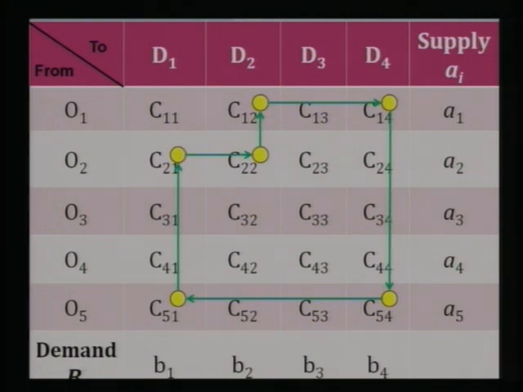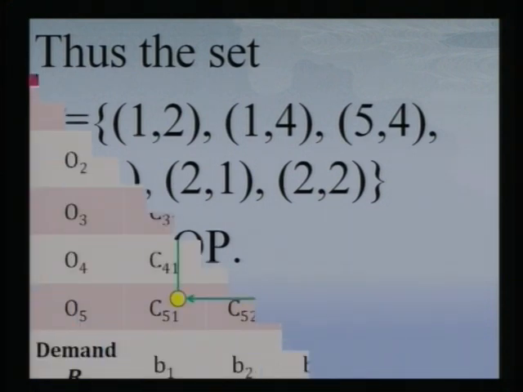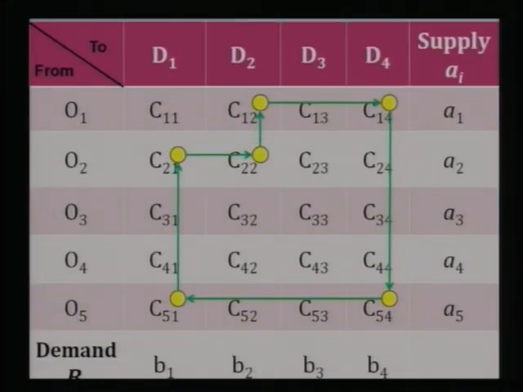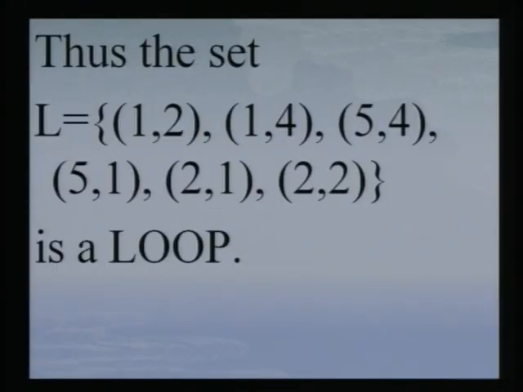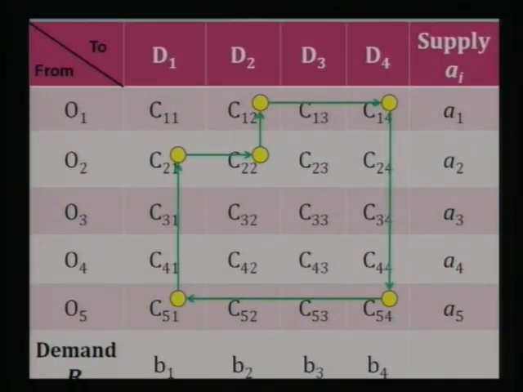This picture also indicates that the closed path need not be a square or a rectangle. It can be L shape also. This is inverted L shape. Now what is not a loop? This is the set notation of the loop. As I have written 1 comma 2, 1 comma 4, the cell positions. For example, you can go back. This is cell 1 2, cell 1 4. So this is a loop. No cell is repeated. It is a set of 6 cells. So at least 4 is there, and it satisfies the condition that the number of cells in any row and any column is either 0 or 2.